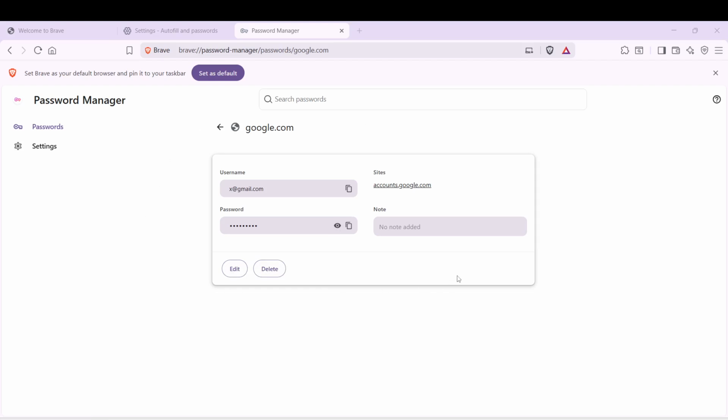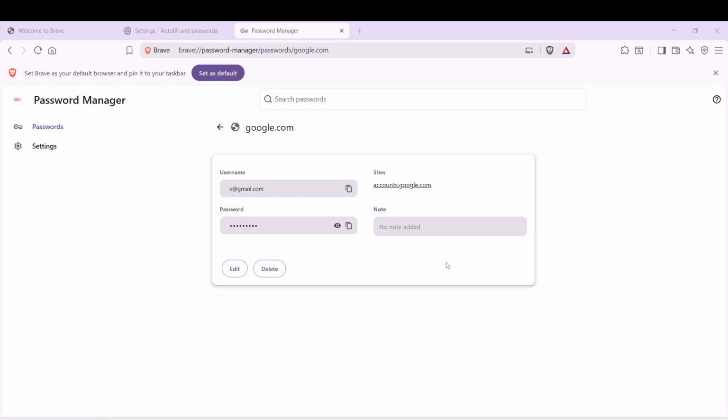As a tip, consider using the Generate Password feature if you need to create a new password. This feature can help you create strong passwords that are difficult for others to guess. Strong passwords are a critical component of maintaining your online security. They should be long, include a mix of letters, numbers, and symbols, and be unique for each account.